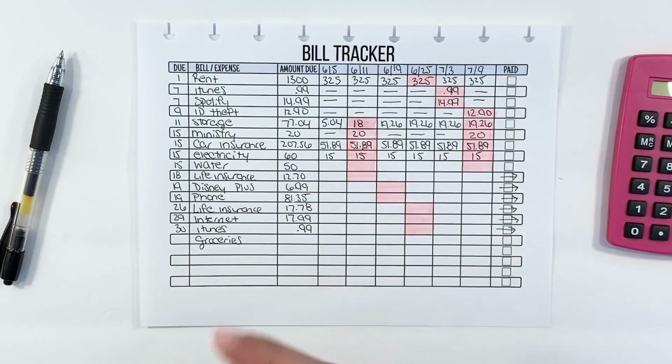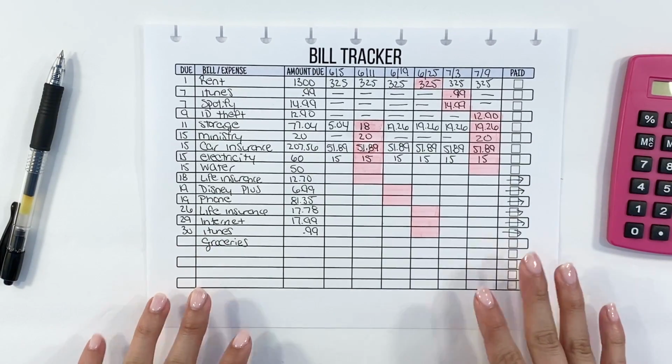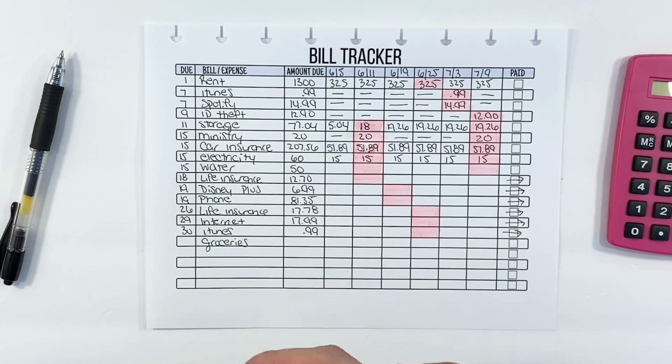But that is everything for this video. I really hope that you found it helpful in your budgeting journey, and that you will utilize a bill tracker